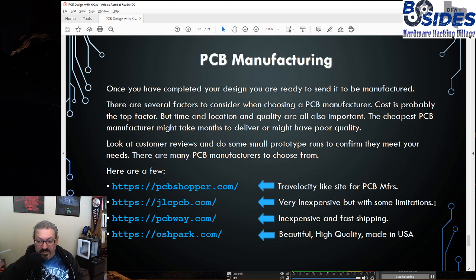They only have certain PCB material types. The next inexpensive is probably PCB Way. They have a lot more options for those colors that I was talking about. They're still inexpensive. They have fast shipping. But if you really want a detailed, beautiful, high-quality board and you're worried about shipping coming from overseas, maybe you're looking for something made in the USA, then you might look at something like Osh Park. So there's a lot of trade-offs there, and you have to make the choice on which is the best manufacturer for you. Look at customer reviews, see which one is going to meet your needs,